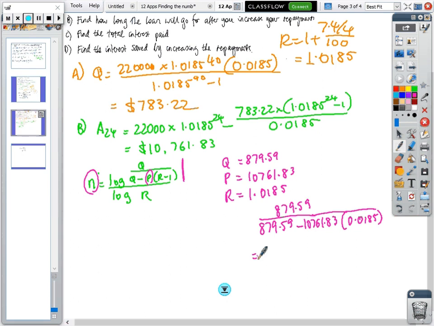So I've got a separate calculation which I'll do right this second. 879.59 divided by, don't forget you've got to put the bottom in brackets or you'll stuff up and you'll have a double bracket here probably, divided by open bracket 879.59 minus $10,761.83 times 0.0185 close bracket equals, so that number is